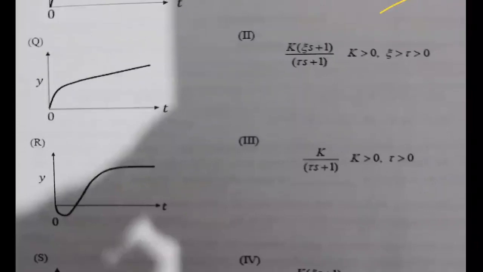So you have to see from the other two options: substitute the final value theorem and check for which option you are getting an unbounded response, that is infinity, right? When you substitute that, you will get the answer. Out of option A, out of this one and this one, check by using your final value theorem, which one will be unbounded. Then you will get the answer. Clear? I hope that question is okay.